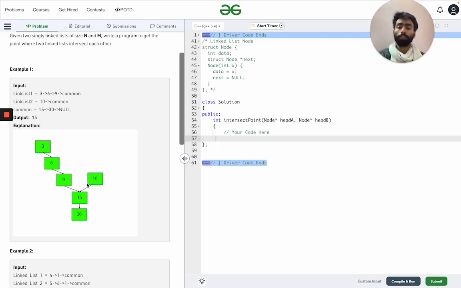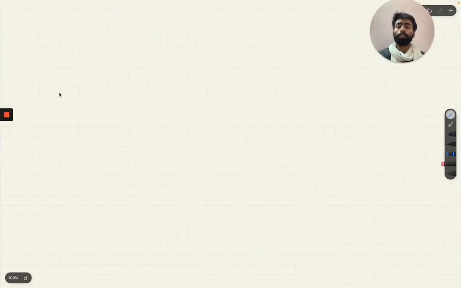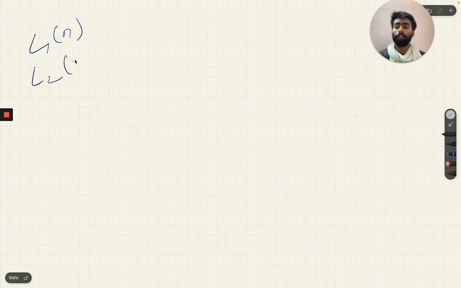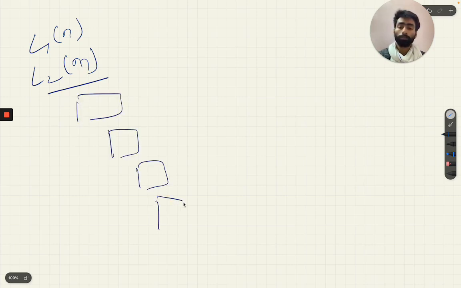So from this we conclude that there are two linked lists L1, L2. L1 is of size n and L2 is of size m, and the linked lists are drawn such that they form a Y shape. Let's say 1, 2, 3, 4, and here 5, 3, 4.